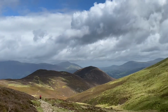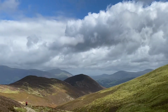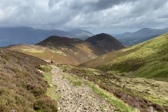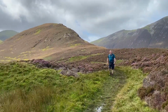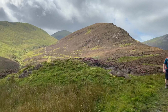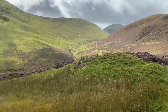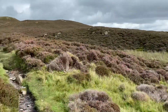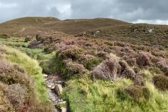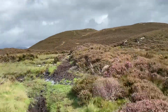The thing about this fell walking game, it sure gives you an appetite. So we've come round in a full circle now. There's Outerside and the path up, and there's the stony path back round the edge of Outerside, and we've now come back round this Causey Pike